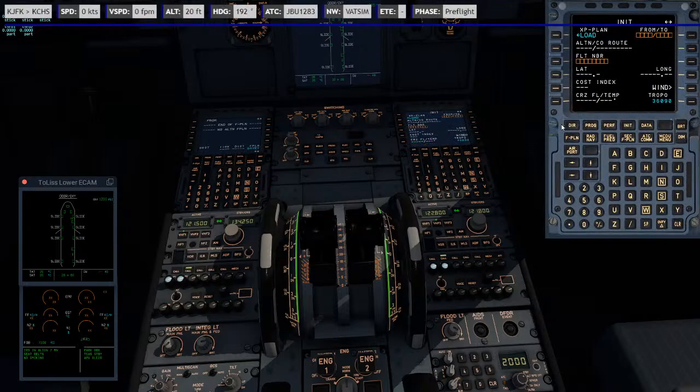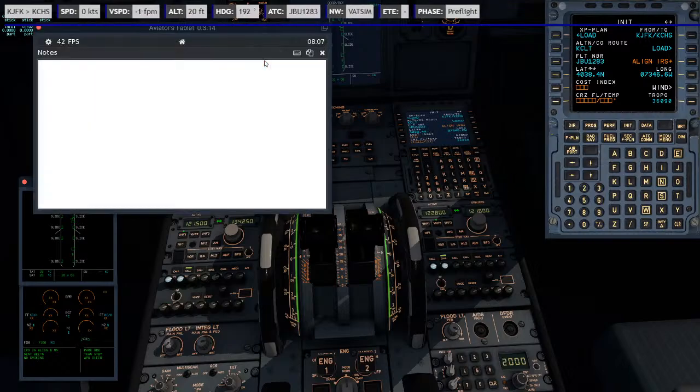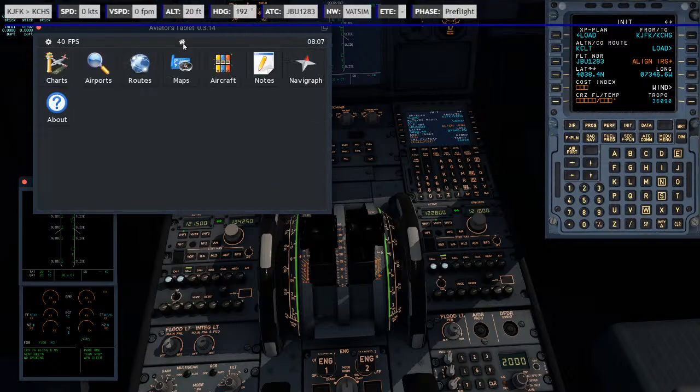So, first off, we'll put our destination JFK to Charleston. We'll be operating as JetBlue 1283. The alternate is going to be Charlotte, it seems. Alright. Let's enter what we can in the flight plan. Actually, let me just copy and paste my operational flight plan here. Alright, so